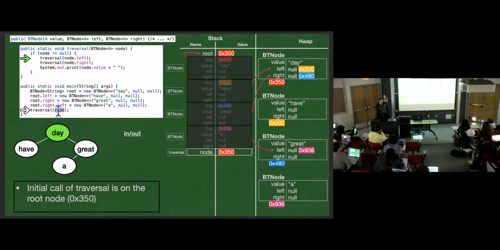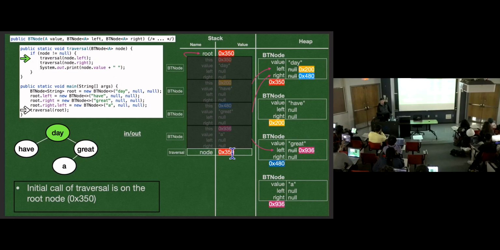All right, we're starting the traversal at the root of the tree. So our tree, what's stored in our variable, which we would think of as storing a tree, is actually just a reference to the root node of the tree. Just like a variable storing a linked list is just a reference to the first node in the linked list. So we're going to call our traversal on that root node. And this is a static method, so we don't have this in the method at all. We're just having the parameters that are passed. In a static method, we're not doing root.traversal and calling it through an object. There's nothing for this. Static methods, we don't put this in our stack frames.